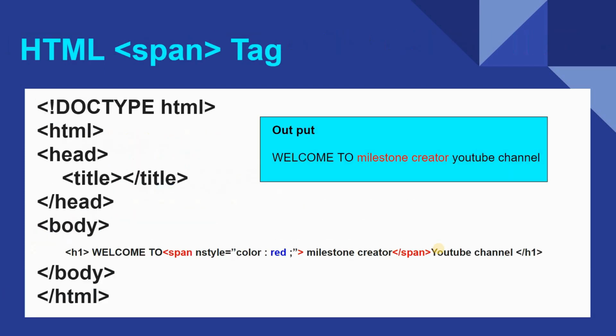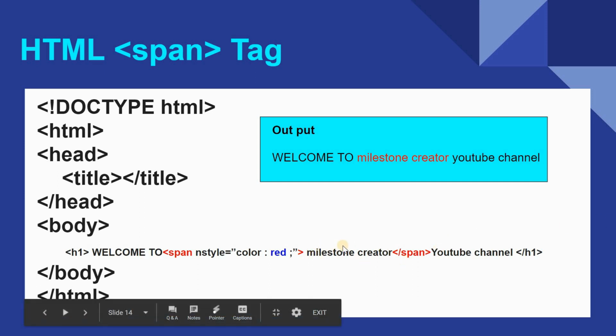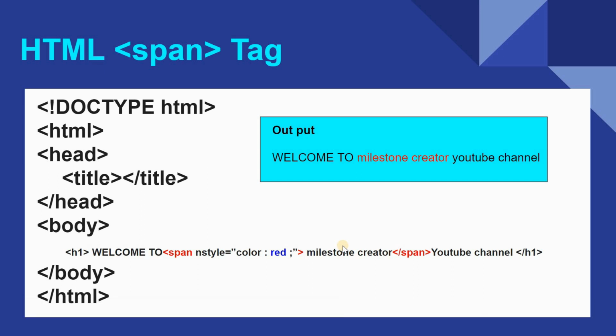Then the next question is, what is span tag in HTML? Span tag के थ्रू से हम क्या करते हैं, हमारा जो HTML फाइल होता है उसके अंदर जो बॉडी टैग होता है, बॉडी टैग के अंदर जो भी एलिमेंट लिखे होते हैं उनमें से अगर कुछ वर्ड को अगर हमको चेंज करना होगा, स्टाइलिंग प्रोवाइड करना होगा तो वो हम स्पैन टैग के थ्रू से करते हैं।